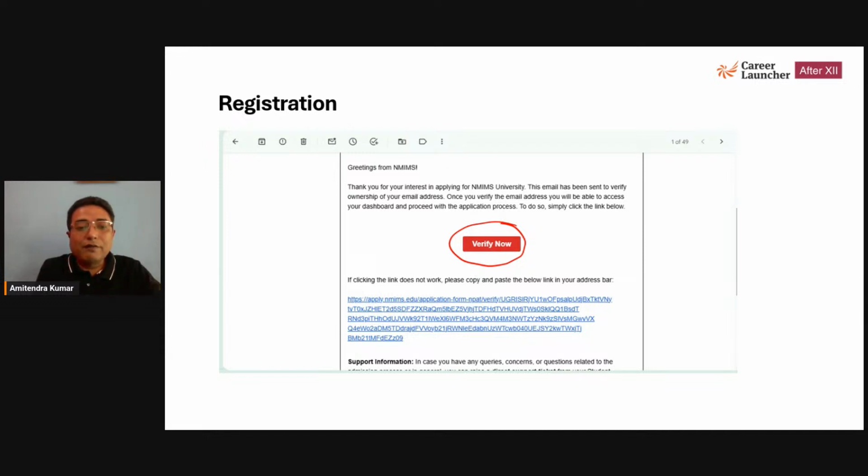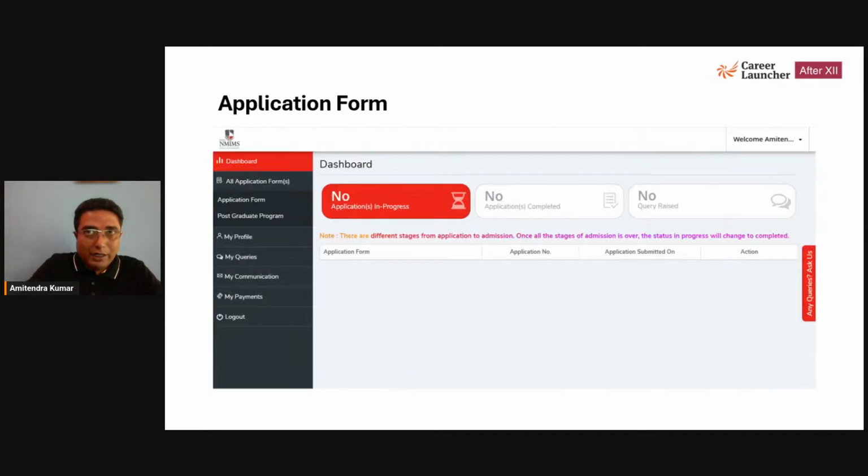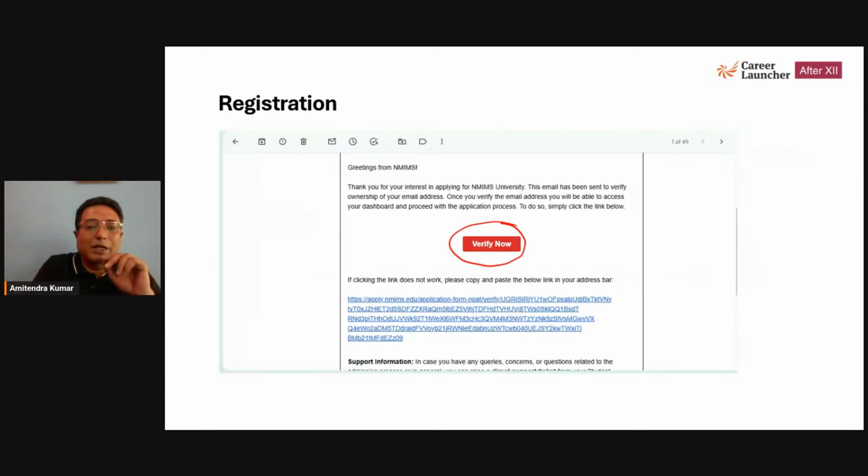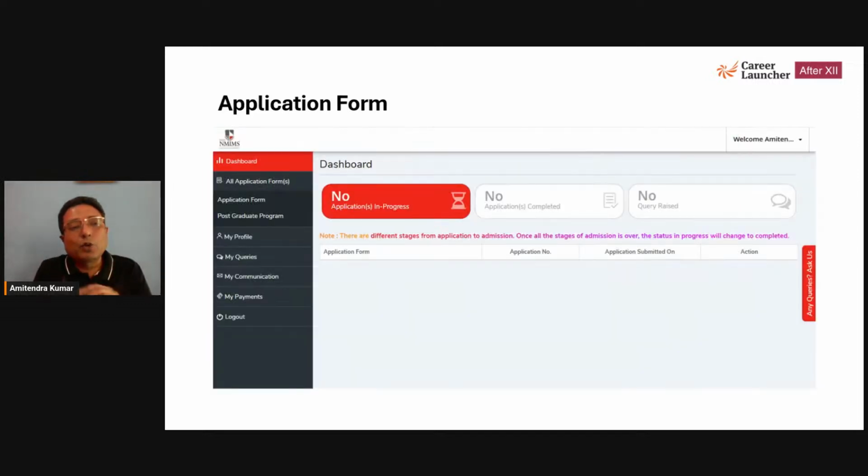You have to click on verify now and move on. Now, once you move on with the verification process, your email ID gets verified and then you move to the application form. Once you click on the verify now link, it will take you here, which will show your dashboard. Now, the dashboard is completely empty at this point of time.